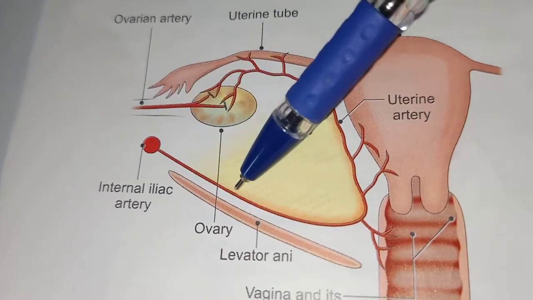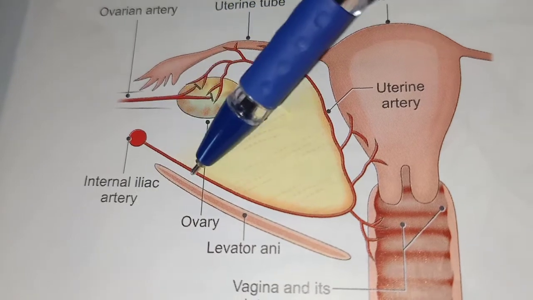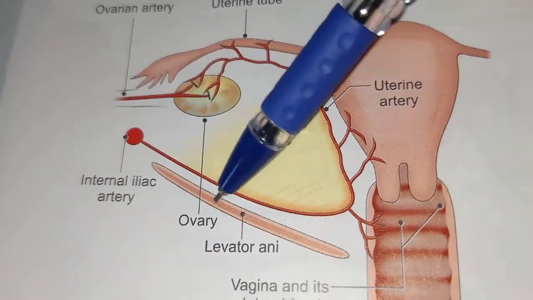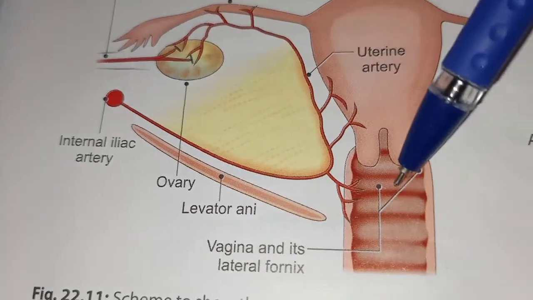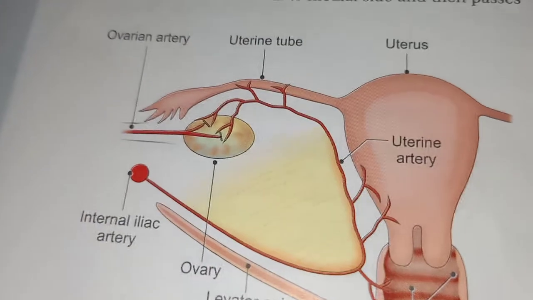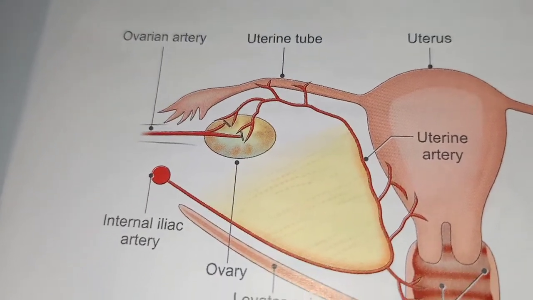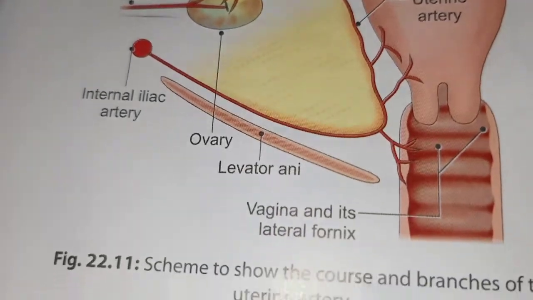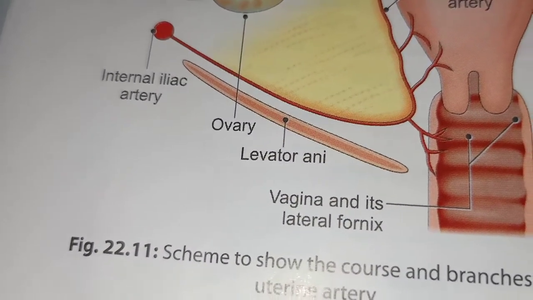You can see this is the uterine artery. This is your pelvic diaphragm, which consists of levator ani, vagina and its lateral fornix. These are the uterine tubes, and this is the ovarian artery. What they are saying is the uterine artery is present in the female only, and it runs medially on